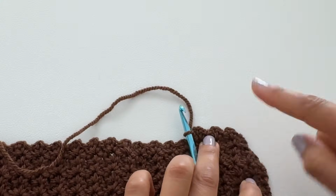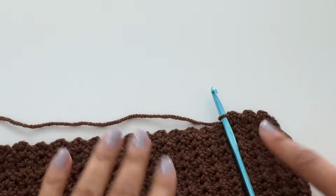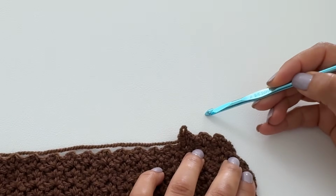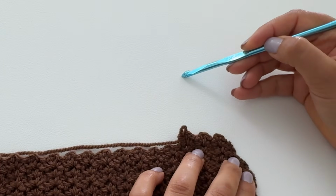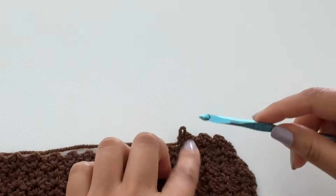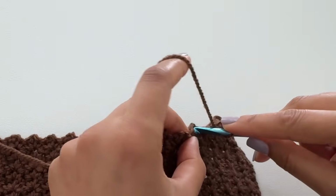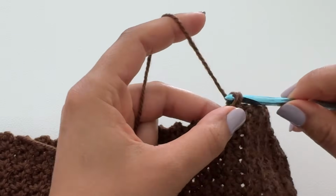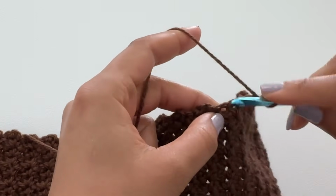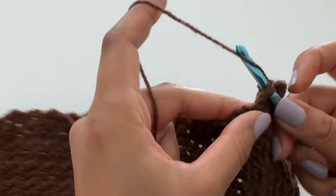And just to recap, what we're doing is we're making the decreases at the beginning of the first 2 rows, and then we're working 4 normal rows. So this is a total of 6 rows, and we're going to repeat these 6 rows 3 times for the smallest 3 sizes. So that's extra small to medium. And then for the larger sizes, we're going to do this 4 times. So continue along until you're at the very end of the last repeat,